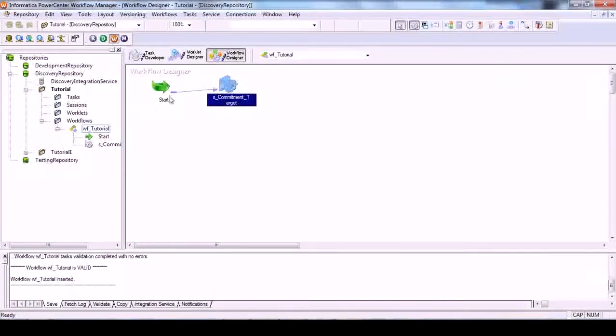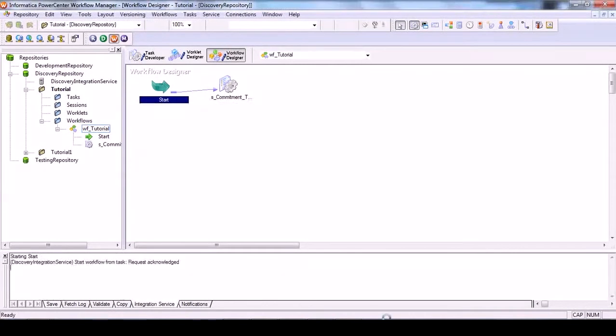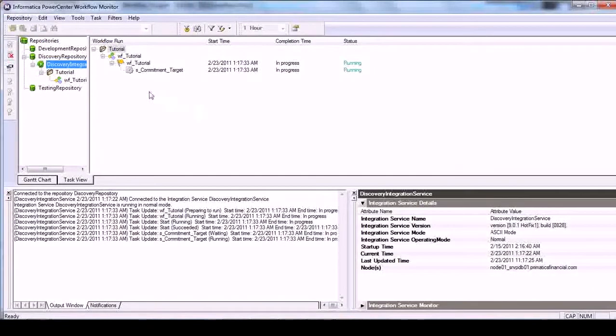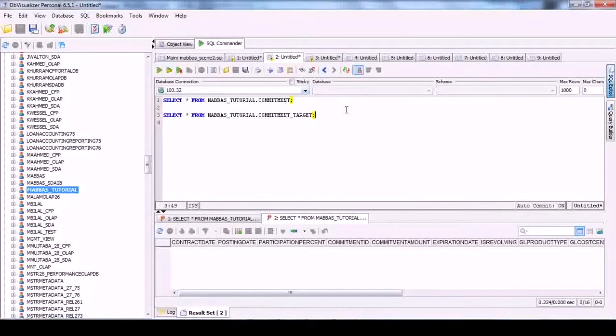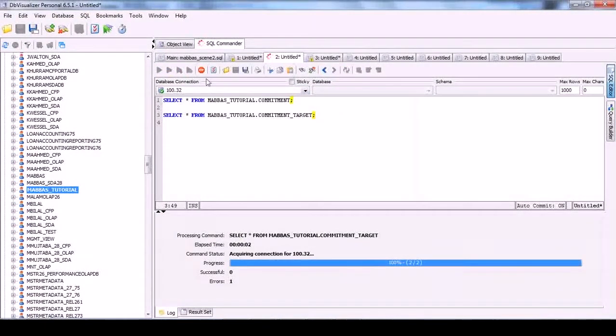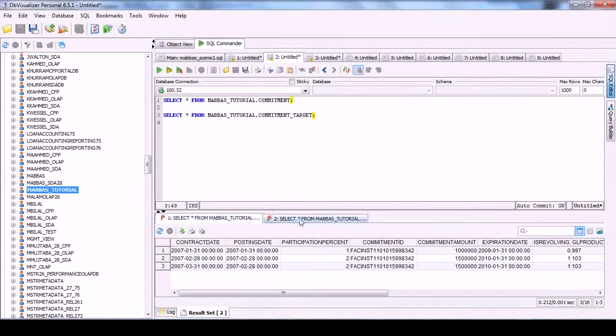Okay, so this is running. Let's just start the workflow from task. Okay, executing start. So see, it showed that this has succeeded. This is the workflow, this is the session. If there are more than one session, then we will have a list of all the sessions. So let's just look at our source and target. Do we have that table now? Let's stop and start again. Okay, that's good. So we have the table populated. Both of the tables are now populated with the same data.